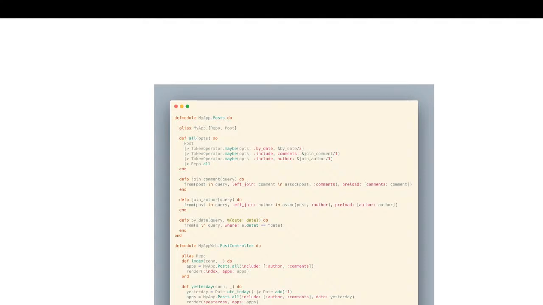The naming, I guess, could improve, but what it does is you pass the post struct to this token operator, and you also pass the options. So if in the bottom your option has include or has a date to filter on, you can do a pipe and apply the filters and the includes on your functions.